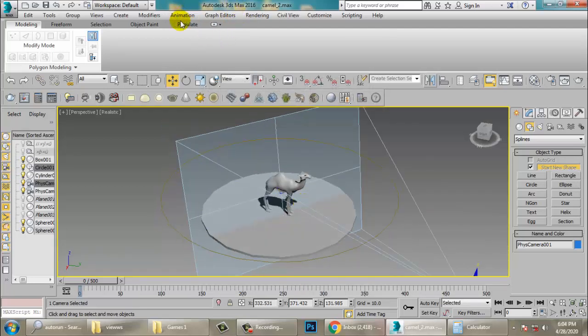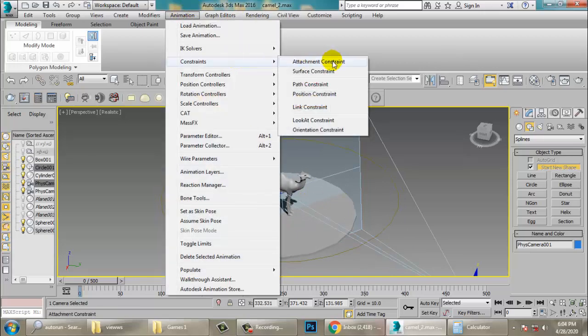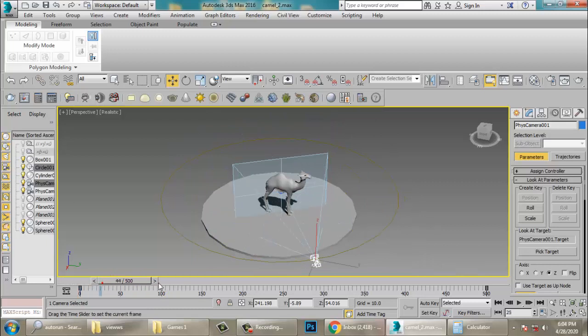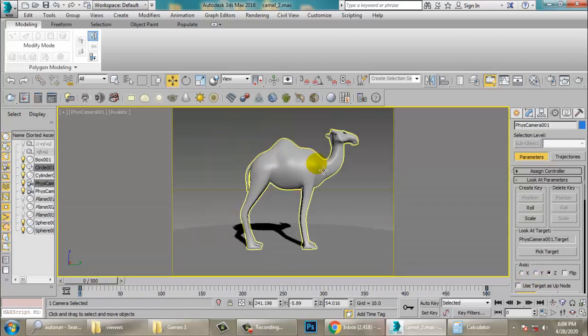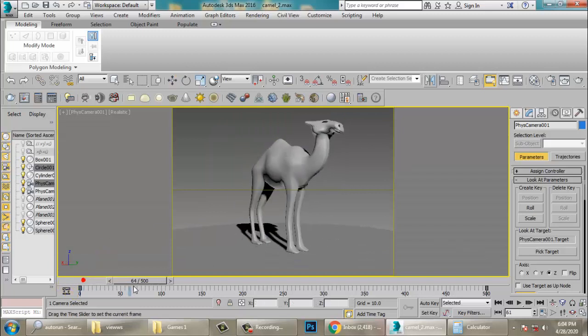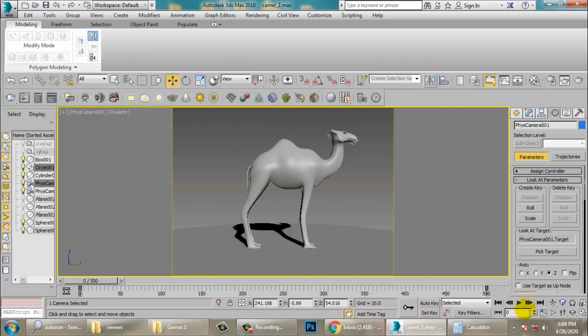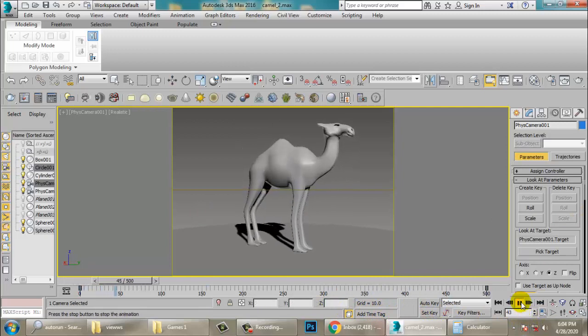So animation constraint, path constraint, and set it as a path constraint. That's it. So you can just switch back to this view and you can just rotate this with this animation. That's it.